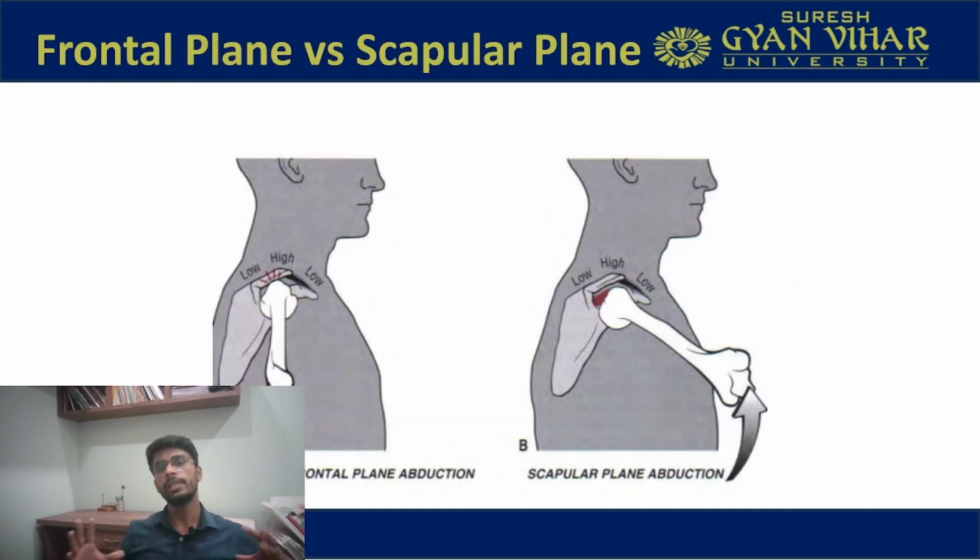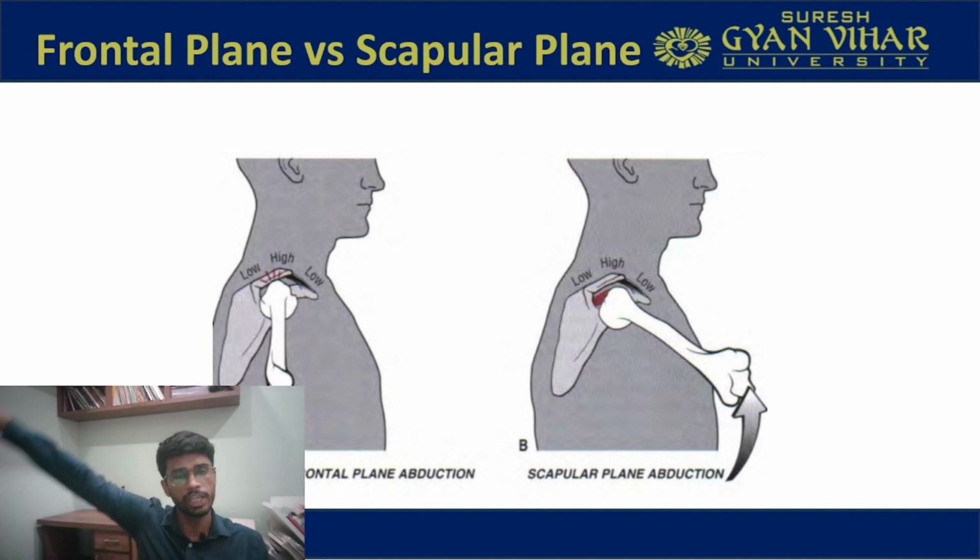Now, frontal plane and scapular plane. We should understand how the scapula is actually present in our body. It is not present in a fixed frontal plane. It is present 35 degrees anterior to the frontal plane. There is an exercise you can do right now. Internally rotate your shoulder and try to abduct it. You will face some difficulty. Now take your arm into 35 degrees of abduction in internal rotation, and then do the abduction. Then you will see you are able to complete the abduction.